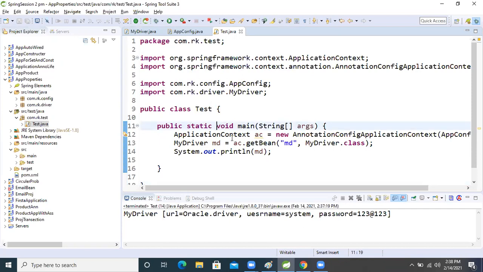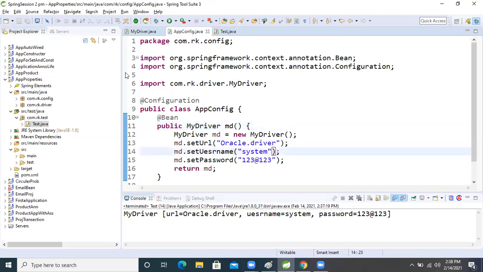So rebuild means again we will come inside the Java, because the application configuration file is a Java file only. Whenever we build the application, this also becomes part of the jar.